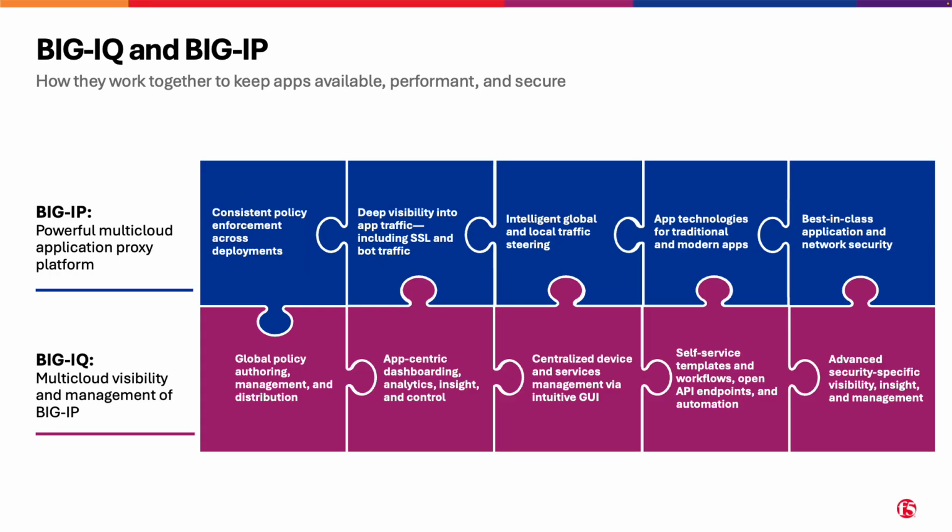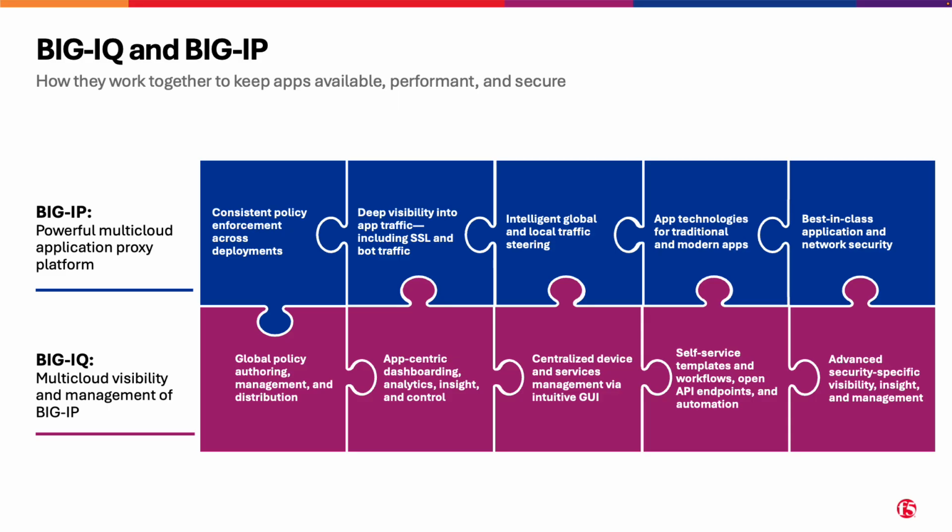BIG-IQ and BIG-IP work together to keep apps available, performant, and secure. BIG-IP is a powerful multi-cloud application proxy platform with consistent policy enforcement across deployments, deep visibility into application traffic, including SSL and bot traffic, intelligent global and local traffic steering, app technologies for traditional and modern apps, best-in-class application and